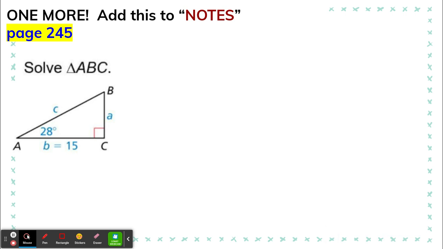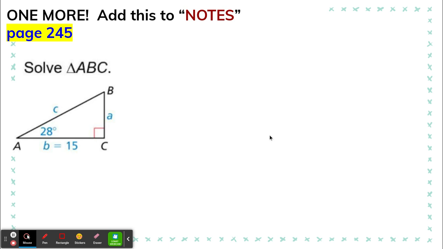Hello class, this is your continuation of lesson 9.1 Algebra 2 notes. We need to add one more really good example, so I would strongly suggest you write this down. It's really going to help you on the next quiz that you're going to take, so please make sure you